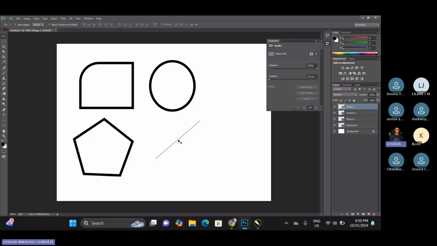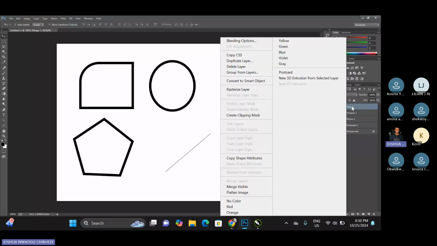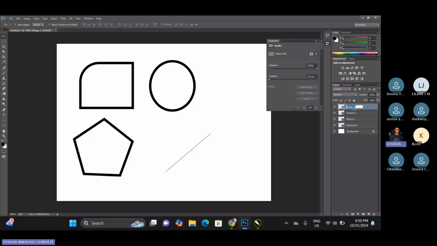So now you see this, see what I said about layers. So let's say I want to click on this box, I won't be able to click on it, right? As I'm moving my mouse, it's only this line that is moving, because every other one is locked in their own layer. So here we have our layers for shape 1, polygon 1, ellipse 1, rectangle 1, and background 1. So these layers, they can be renamed, right? So if I right click on this,